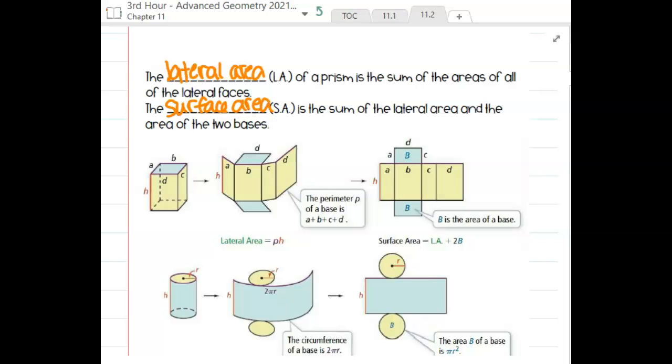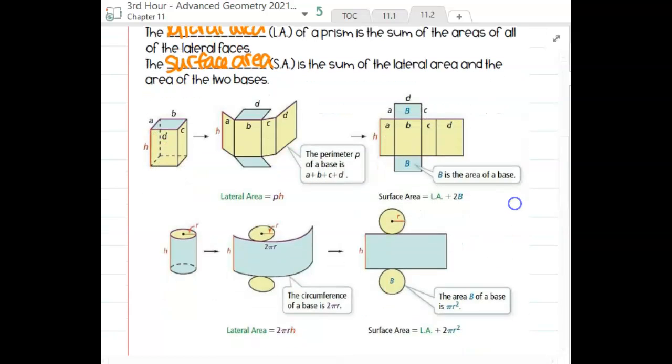Now, let's talk about those two individual pieces here. So what this picture does is it unfolds this rectangular prism for you and shows you in a net where the formula comes from. So this is the formula for how to find surface area, but let's talk about where it comes from. Notice it's in two pieces there. So the first thing, you take this prism, open up the top and bottom, so you start to lay it out flat. When you lay it out flat, there's 3 chunks. There's this top, there's this middle part, and then there's this bottom. But this top and this bottom are just the top and bottom of the prism, which are congruent